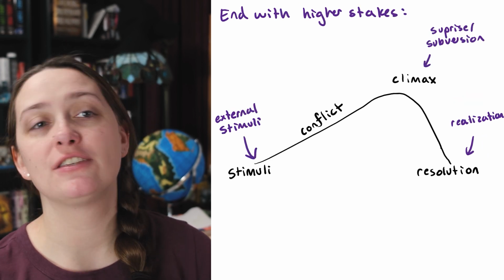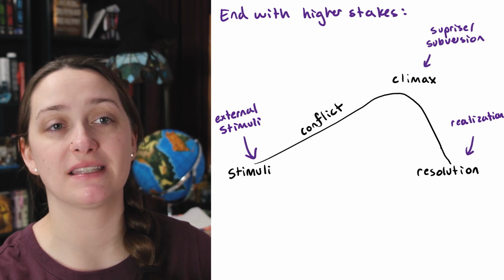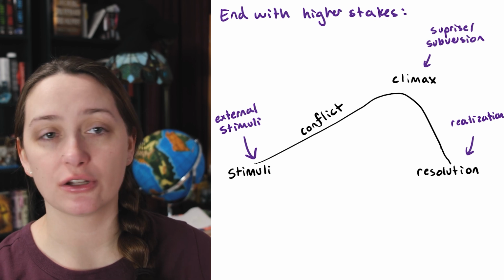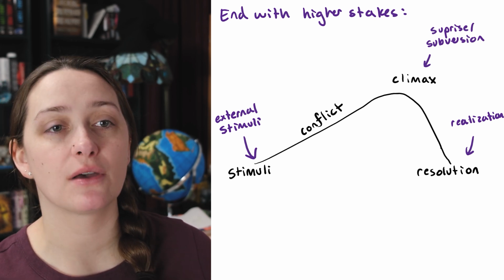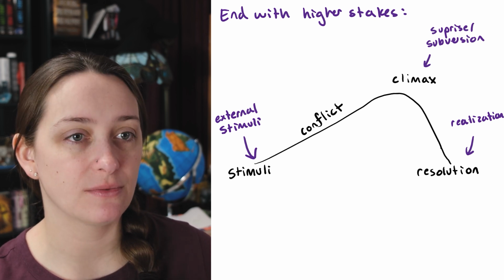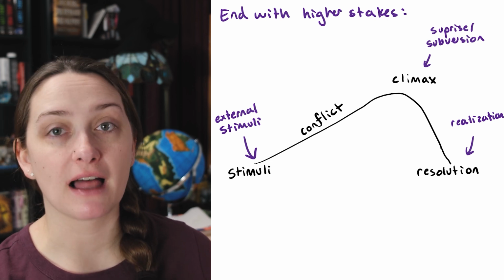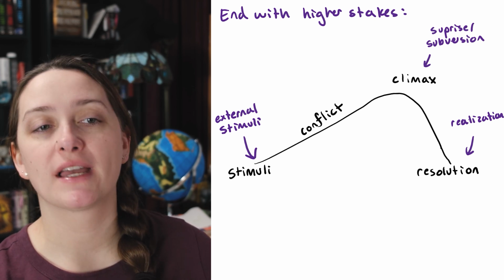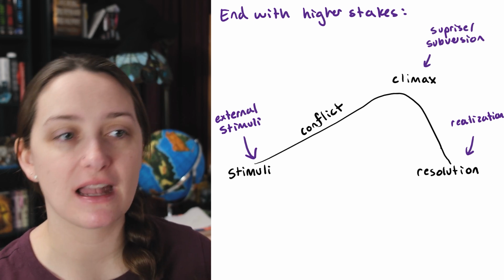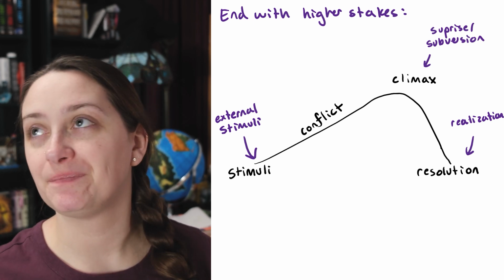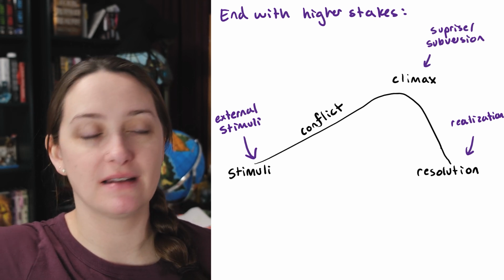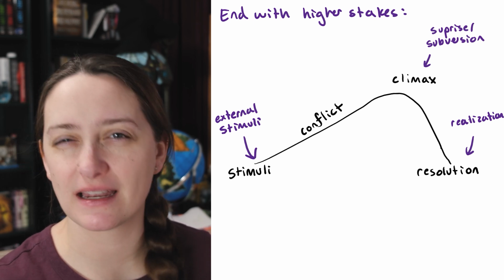So then another option is to end with higher stakes, right? So a place where the stakes have gone up, and then we end the chapter there. And we already covered a lot of places that could include these higher stakes. These are the ones I have marked here. So that external stimulus at the start that the main character must react to, that can heighten the stakes, right? The subversion or surprise in the climax, that can heighten the stakes, right? Or it can happen at the end along with the realization, if that realization heightens the stakes. Like, oh no, it's not just someone in the house that did it, right? It's some greater position of authority. They just don't know which one or how to get them, something like that, you know?